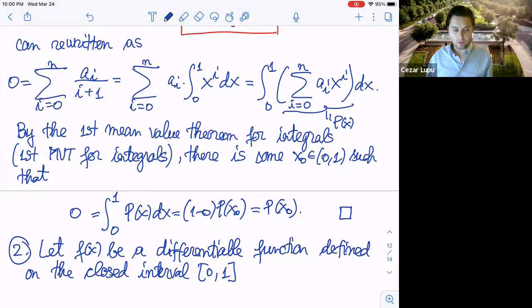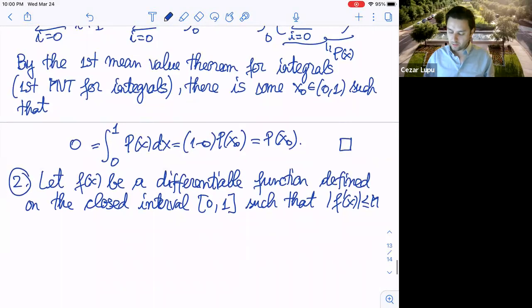On the closed interval [0, 1], such that the derivative of f in absolute value is less than or equal to a constant M for all x in [0, 1]. Okay. Prove that